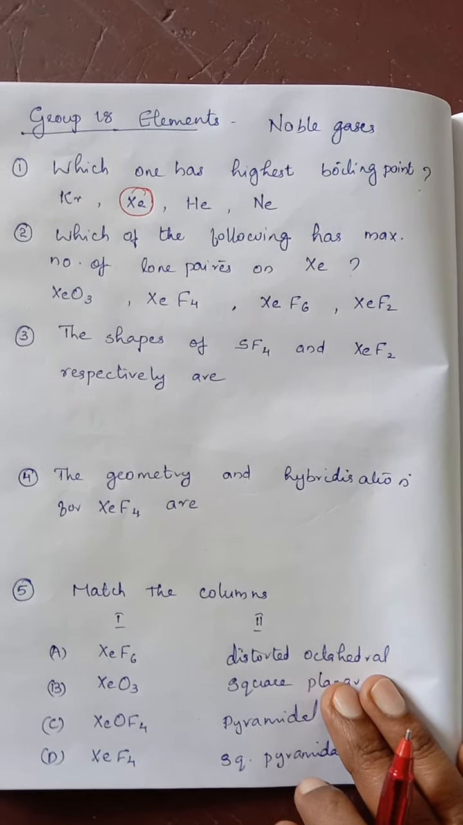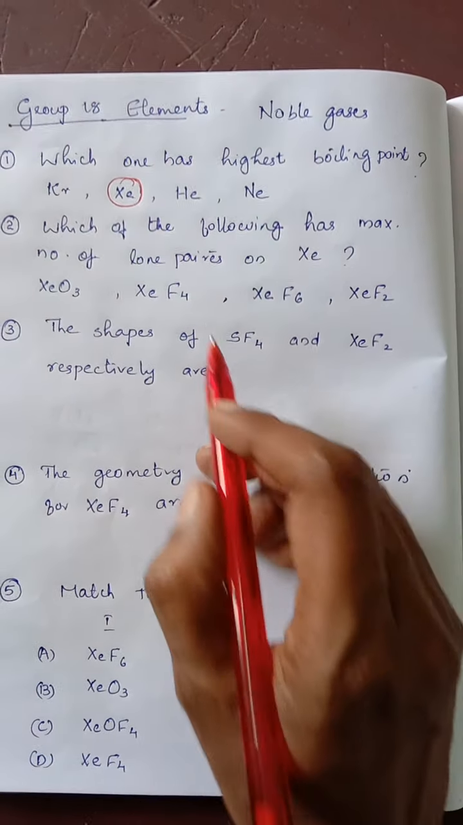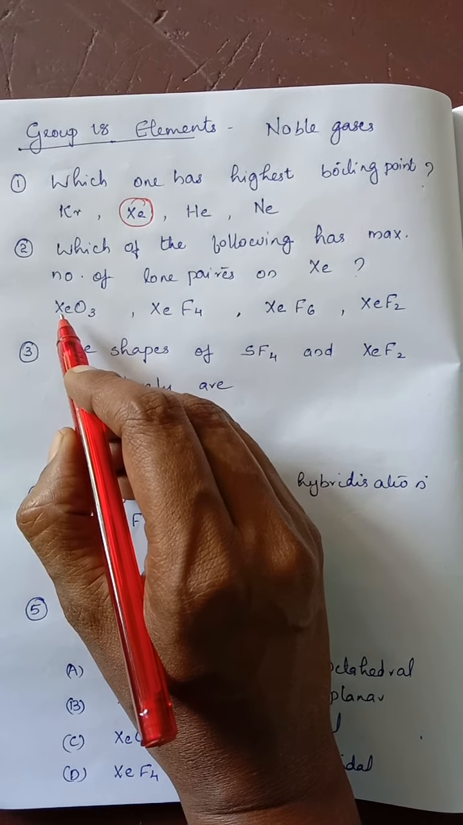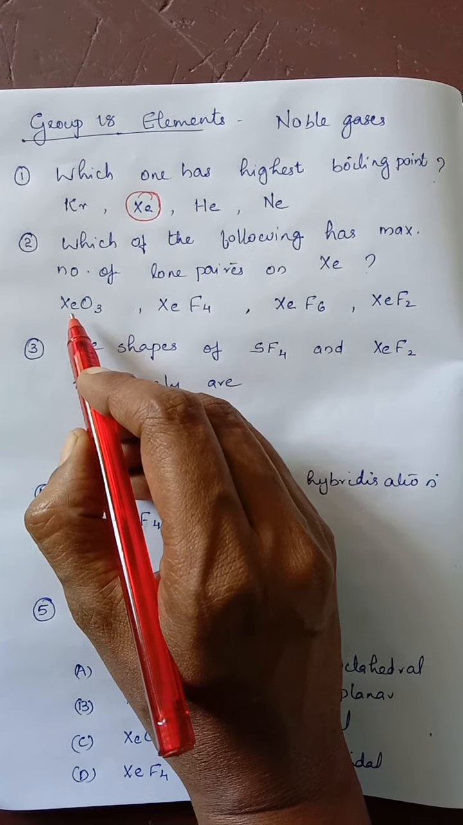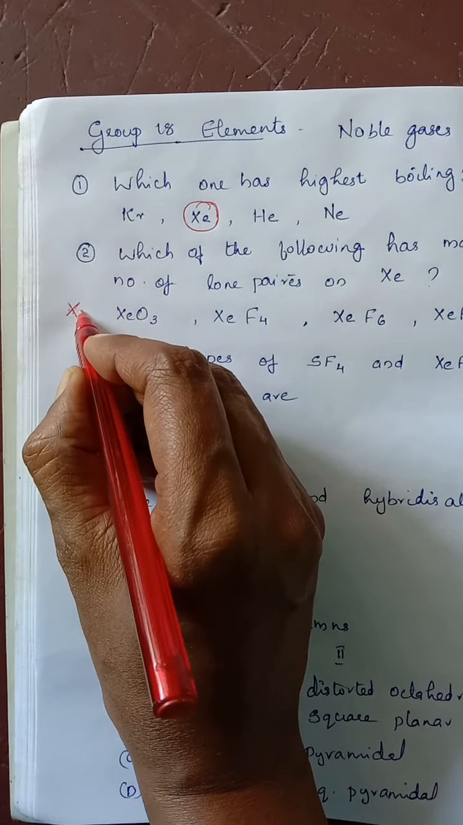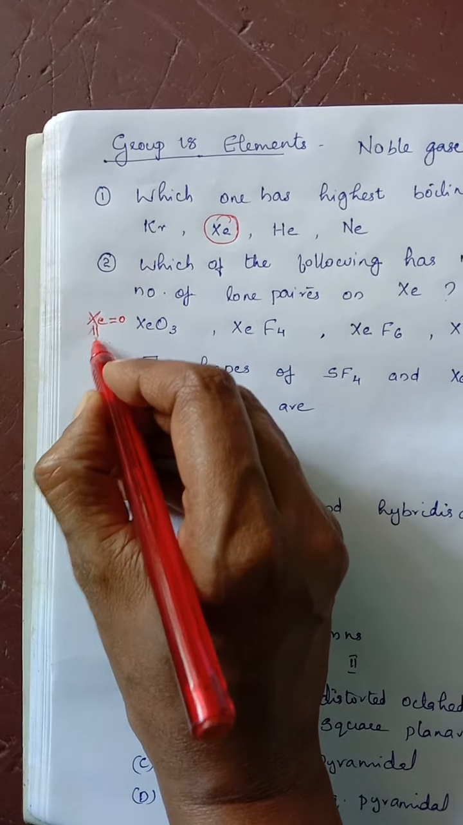Which of the following has the maximum number of lone pairs on xenon? All these are xenon compounds. We know xenon is a noble gas element with 8 valence electrons. And we also know that xenon forms a double bond with the oxygen atom. So here, there are 3 oxygen atoms, so xenon forms a double bond with